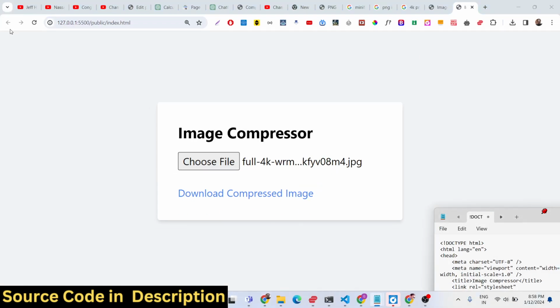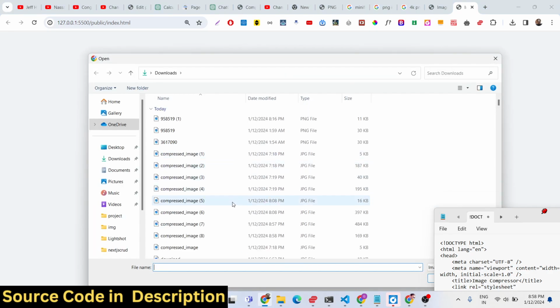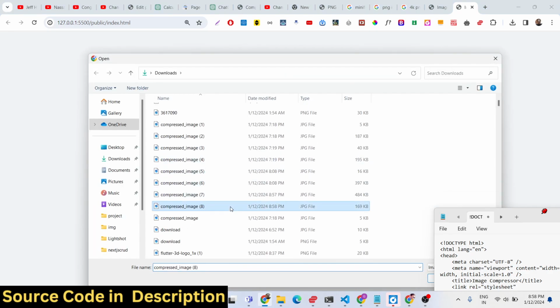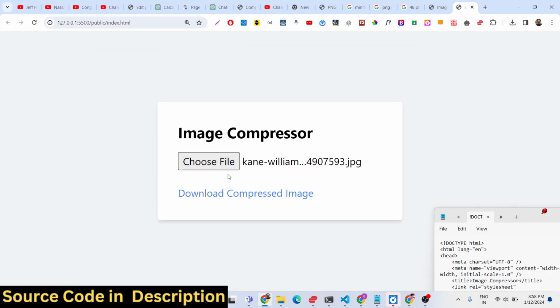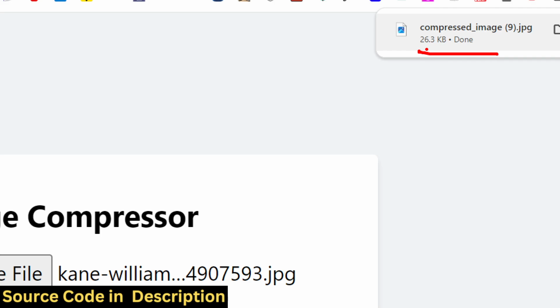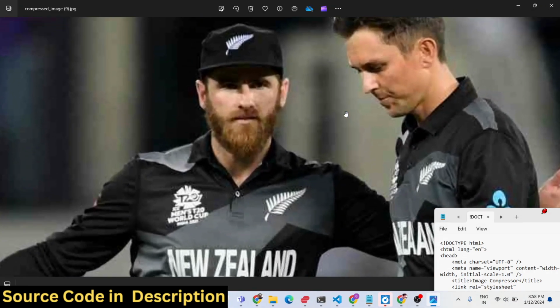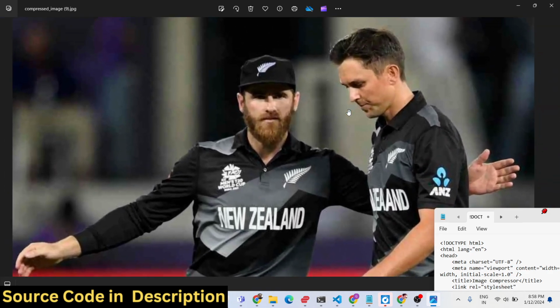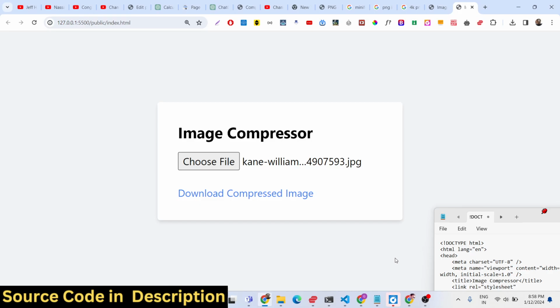So we are building this image compressor application, guys. You need to select any JPG or PNG file. Let me select this file, which is 68 kilobytes. And now you will see from 68 it has been reduced to 26. This is the image you will see. You can see the quality is not compromised, but still you will save a lot of space while compressing